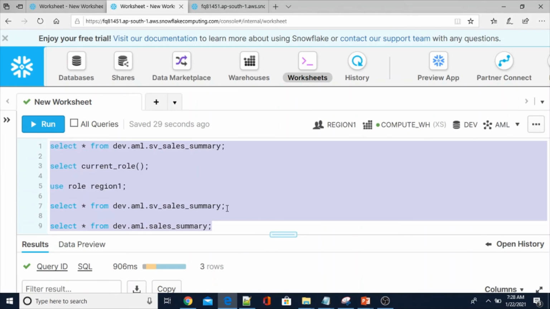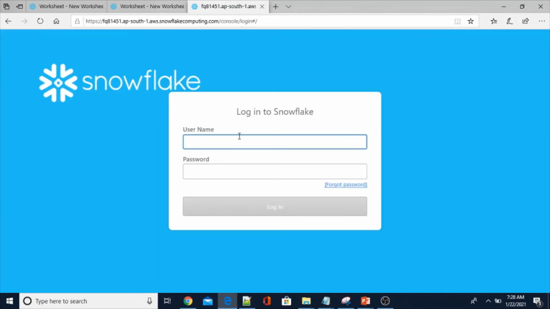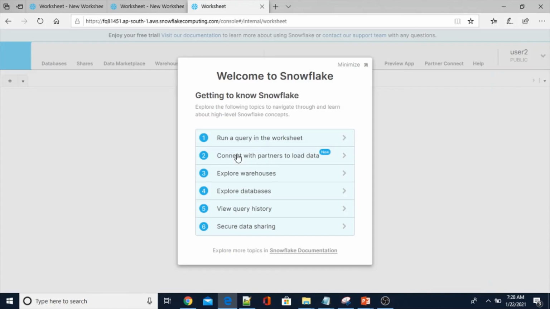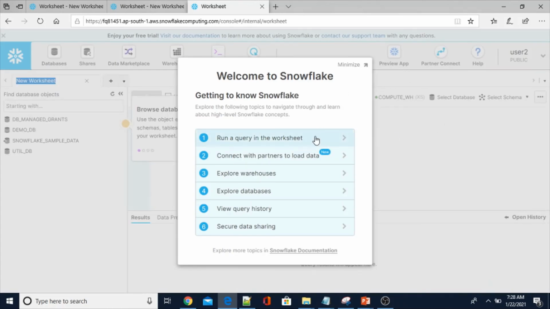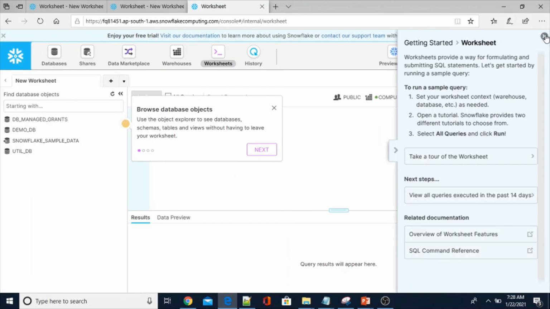In a similar way, let me connect to the other user called user 2 and see the data from the secure view. The very first time you see the welcome to Snowflake, getting to know Snowflake screen, you can click ignore.